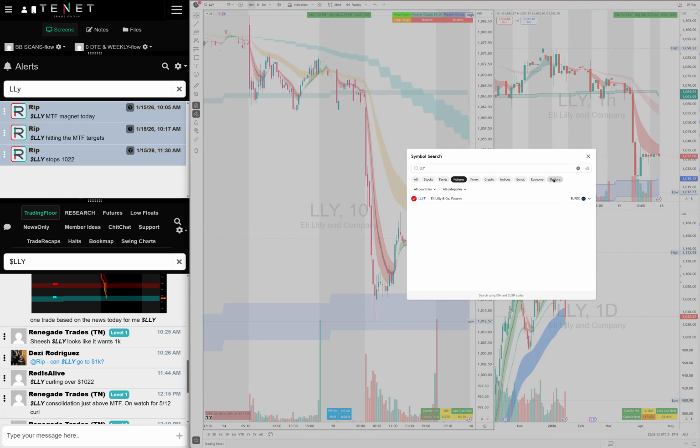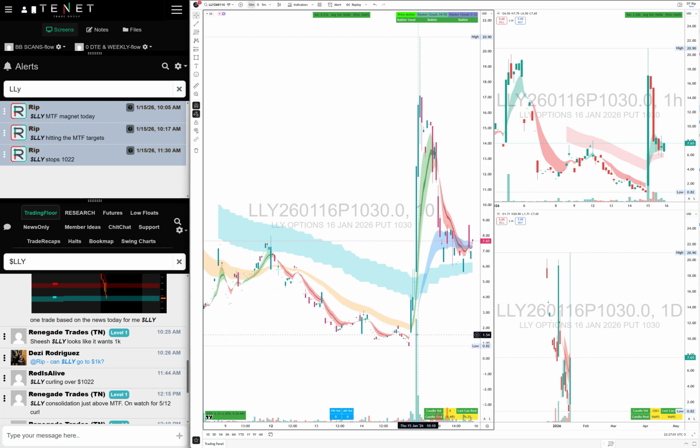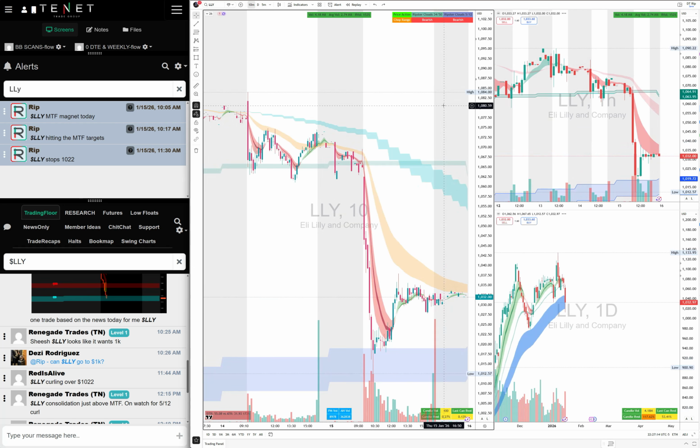If you bought one put on Lily, even if you bought like 1,000, let's say you bought 1,030, right? That went from $2, $3 all the way to $18. So even if you had one for $3, you could turn $300 into $1,500. The key is not putting your whole portfolio in these options, right? If you're trading the options, of course you could short the shares, 100 shares, risking $700. You would make $2,000, $3,000 there as well. So there are different ways to trade them.